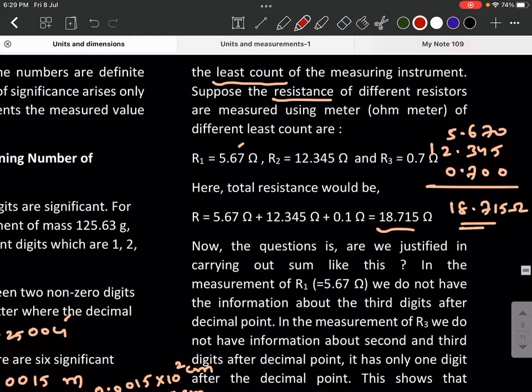Whatever story you have understood, write it. So first write down these values. R1 is 5.67, R2 is 12.345, and R3 is 0.7 ohm. So when they are connected in series,